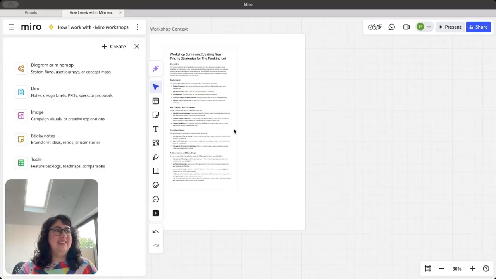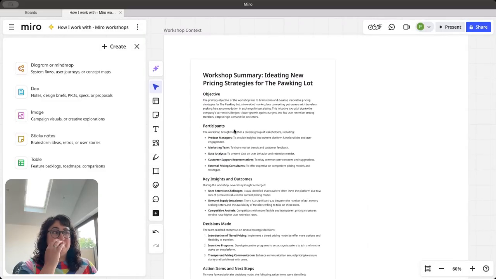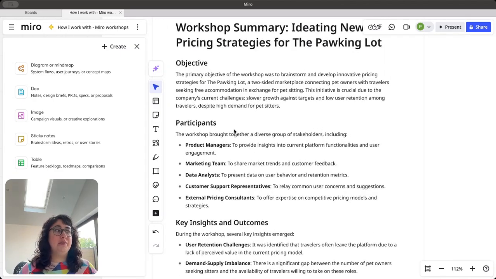And today we're going to talk about Miro and how to collaborate better with our stakeholders in creative workshop settings. So I've got my workshop summary here. I'm introducing what it is we're trying to achieve with these various types of participants. So we have product managers, marketing teams, data analysts, customer support reps, and external pricing consultants because we're a bit